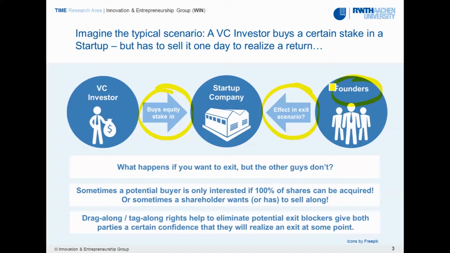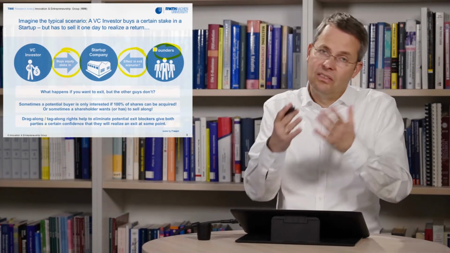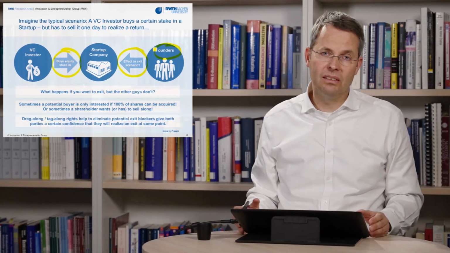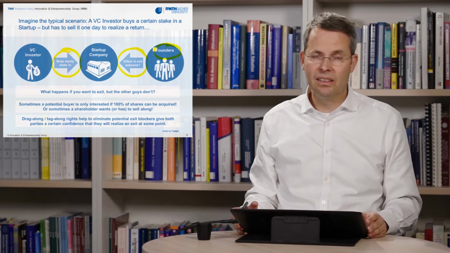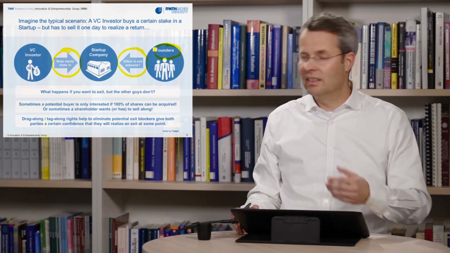What happens if the founders don't want to sell because they want to build the company forever, or the valuation of the company at the time to sell is not right? Maybe the VC investor has a liquidation preference and valuation is still low, so you as an entrepreneur don't want to sell. This is a typical case which really exists, and then the VC needs, at least to some extent,